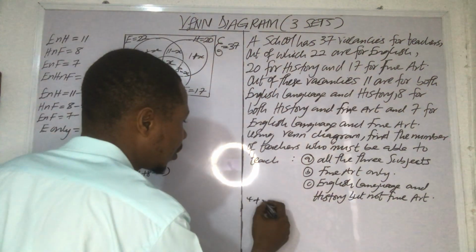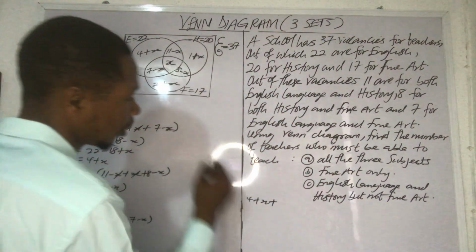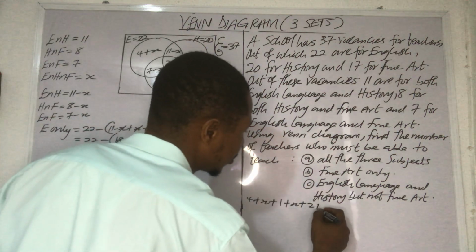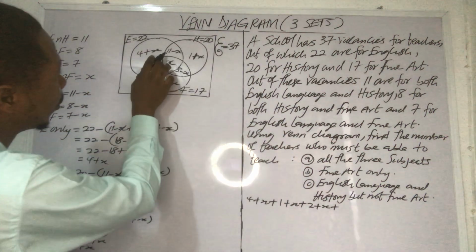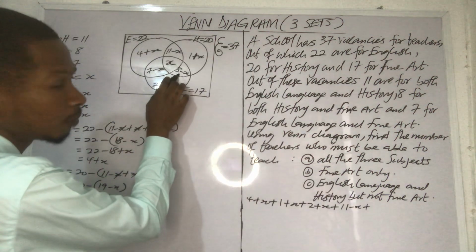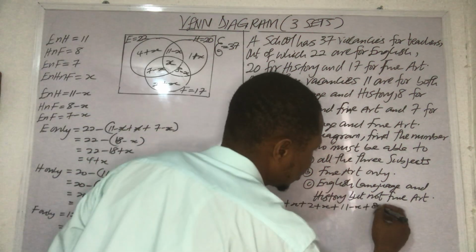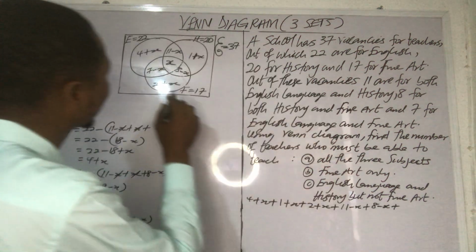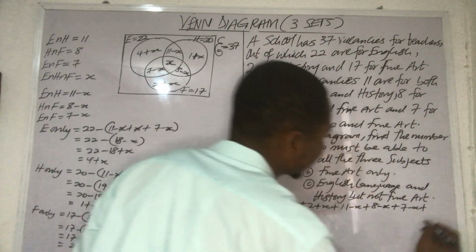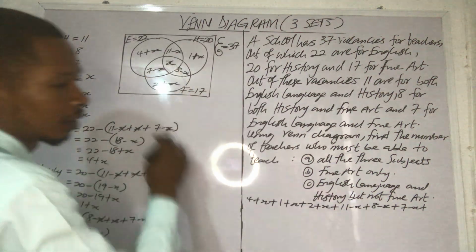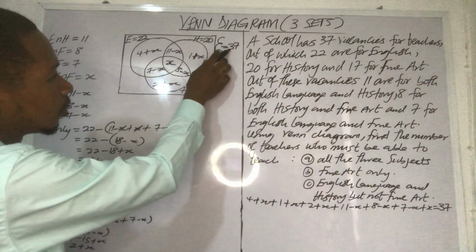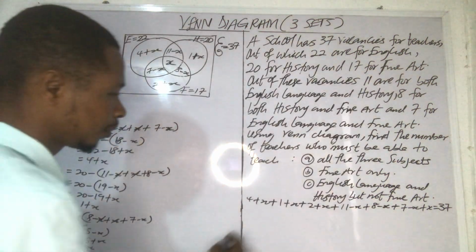You have 4 plus x, then 1 plus x, plus 2 plus x, then plus 11 minus x, plus 8 minus x, plus 7 minus x, then plus the x, should be equal to 37. And if I simplify this further,